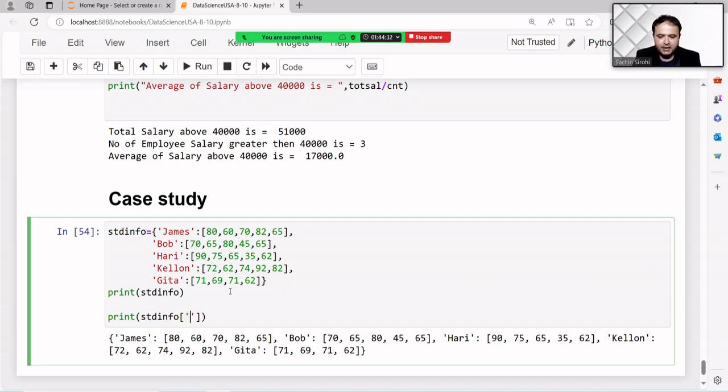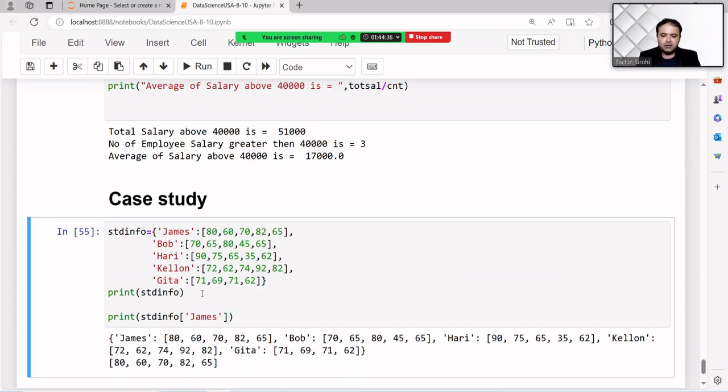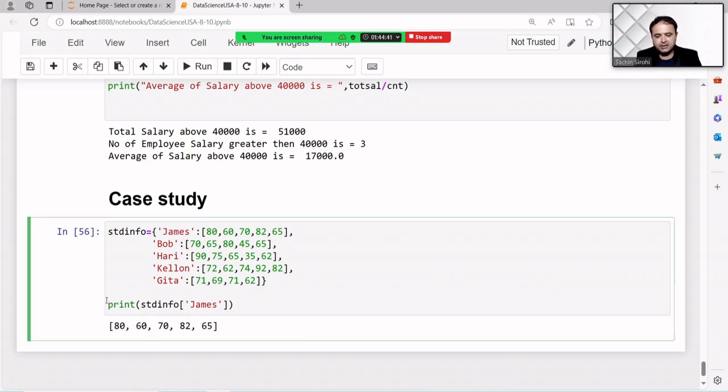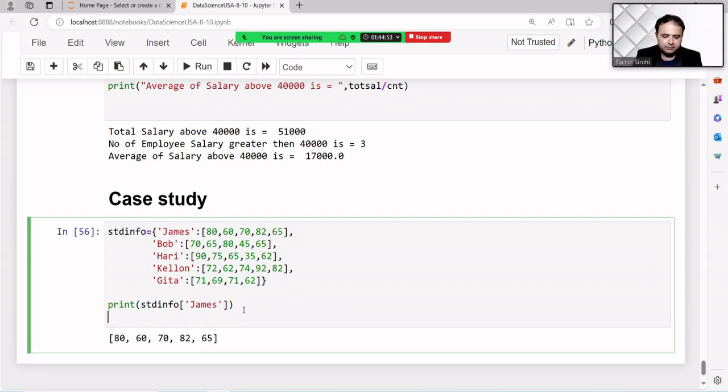If I give James here, you can see one student's marks are there. But now the question is that I want to print all student marks. Can anybody give a clue? I'm just waiting. I have fetched one particular value.